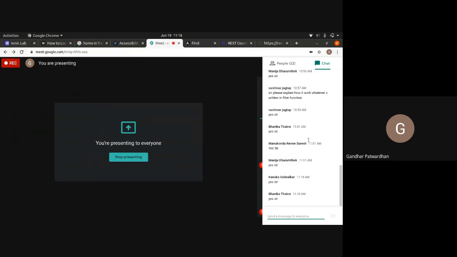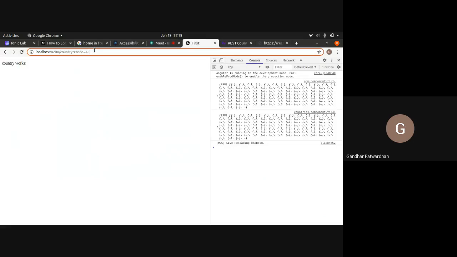Okay. Now this thing is called query parameters. The basic syntax of a query parameter is, after your URL there is a question mark. The question mark denotes that the query parameters are starting from here. And if you wish to pass multiple parameters, they would come after an ampersand.